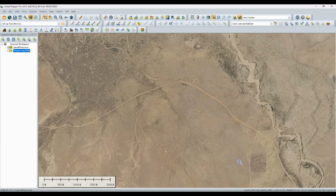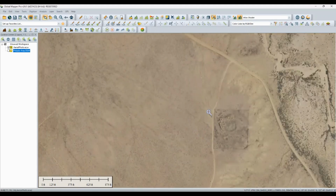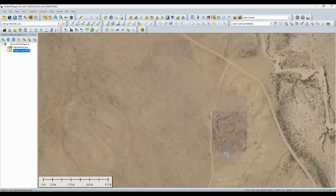What kind of data are we looking at now? Is this photography? This is NAIP, National Aerial Inventory Program Photography, U.S. Department of Ag. I think this is 1 meter data, so it's not super high resolution, but it gets the job done. And the square here is the fence, the Park Service fence around the site, because it is an outlying unit of the park, so they have a fence around the site itself to keep animals out and keep it somewhat